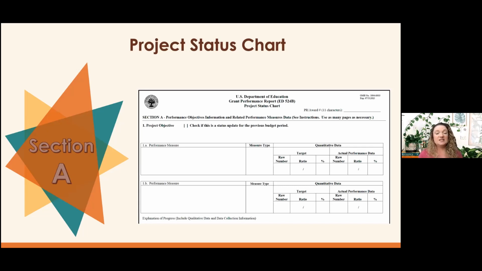This is specifically what it looks like if you download it from the Ed 524B website. A couple of things to keep in mind with any of these forms. Notice up in this top corner where it says expiration 7/31/2021. If you've had an OIE grant before or any grant before through the department and you've been using these reporting forms, don't use your old forms. Most likely the forms you have expired, because most of the forms that you had expired back in August. So you want to make sure that you're using the new forms.